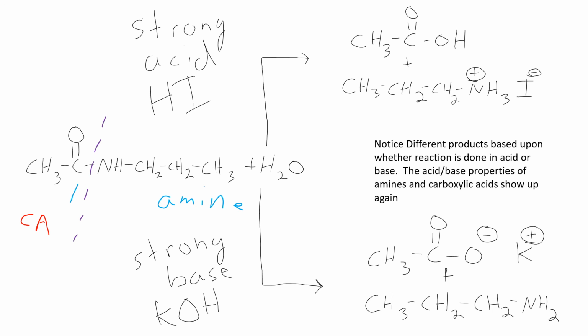So across the top, that C double bond O of the amide, what's that going to form? The one pointed at with the red arrow? Well, that's going to form the C double bond O of that carboxylic acid. What do I have attached to that C double bond O of the amide? Well, I'm just going to label it with a red 1. I have a CH3. I better have a CH3 attached in my product.